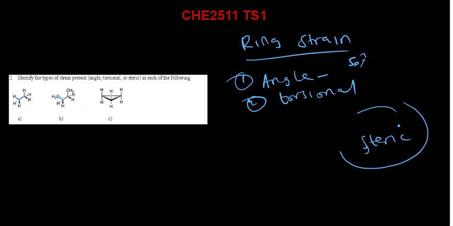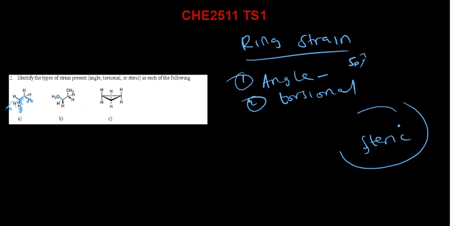bonds. If I have this hydrogen here, and if I have this hydrogen here, imagine you're looking at it from this side, your eye is here, meaning you are able to see this carbon and you can't see this carbon at the back, and then the hydrogen is aligned in the same way with this hydrogen at the back. So here it can have an eclipsed conformation. It can rotate, this sigma bond can rotate in such a way that this hydrogen and this hydrogen